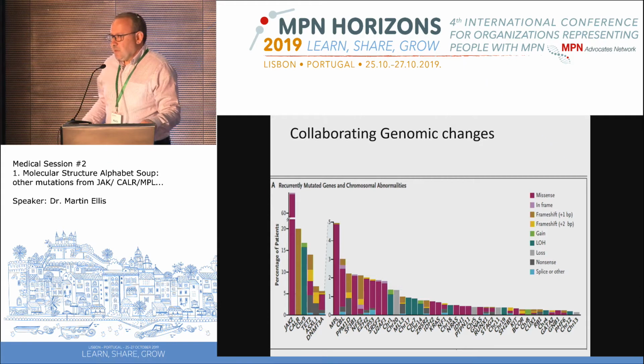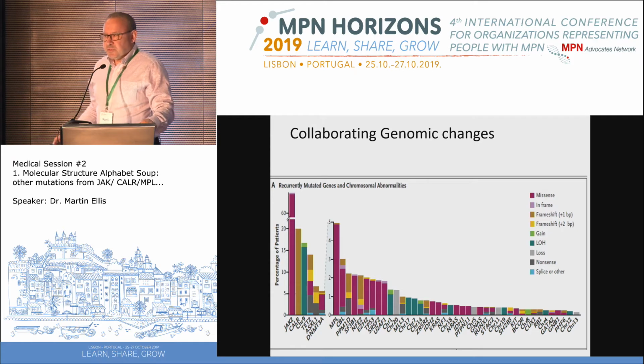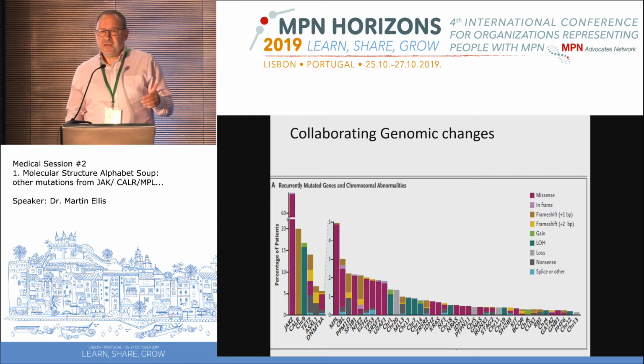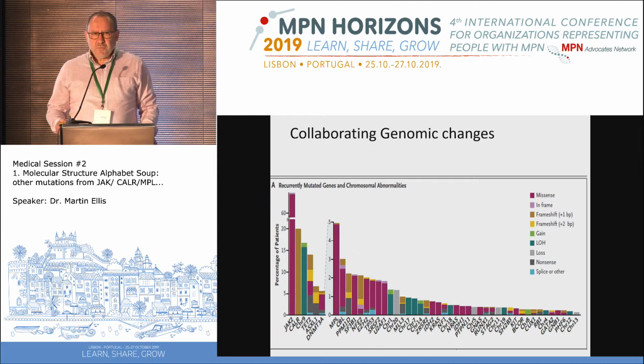As we mentioned yesterday, the most important gene mutations are those that are either primary in the disease or causative to some extent in the disease. We call those the driver mutations. And then those that come along afterwards, which can modify the course of the disease, would be called the passenger gene mutations. Interestingly, research has shown that if you profile a patient's gene mutation pattern at the time of diagnosis,